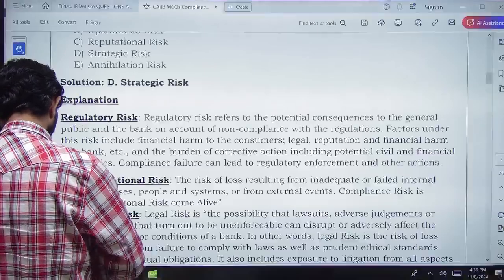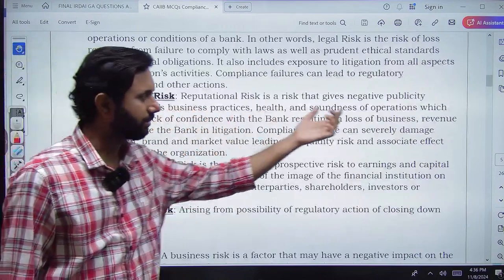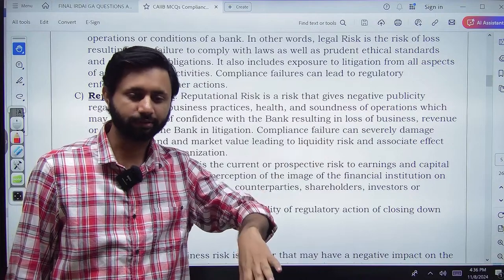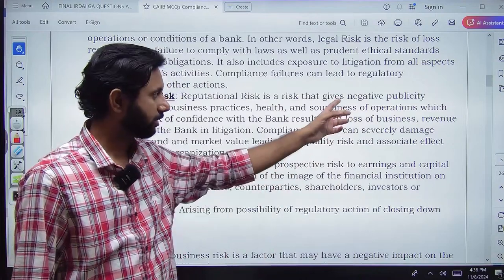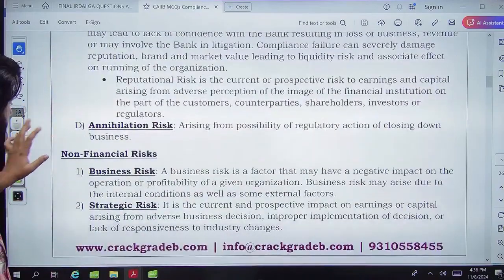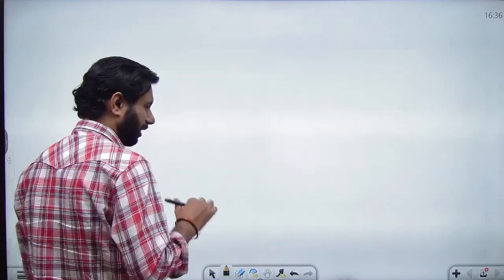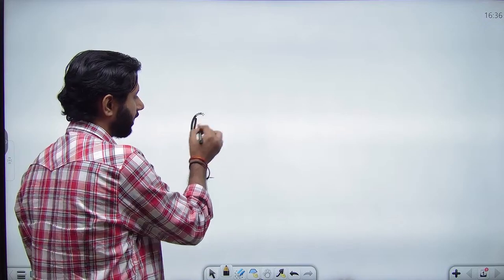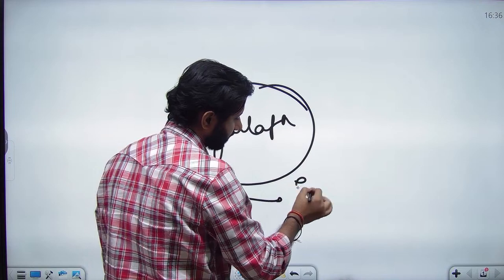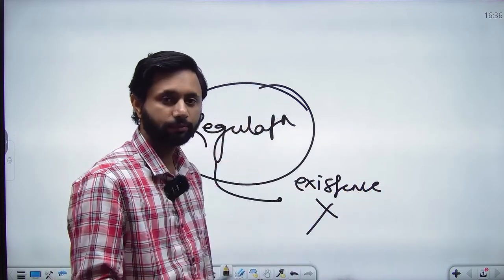Next we have reputational risk. बेसिकली सिंपल है, नेगेटिव पब्लिसिटी की वजह से अगर आपके बिजनेस का ग्रोथ या रेवेन्यू डिक्लाइन हो जाए due to any condition, any negative publicity, that is your reputational risk. Lastly we have annihilation. What is annihilation risk? Annihilation मतलब खत्म हो जाना, है ना, कि किसी भी रेगुलेशन की वजह से अगर आपका एग्जिस्टेंस ही खत्म हो जाए, that is your annihilation risk,